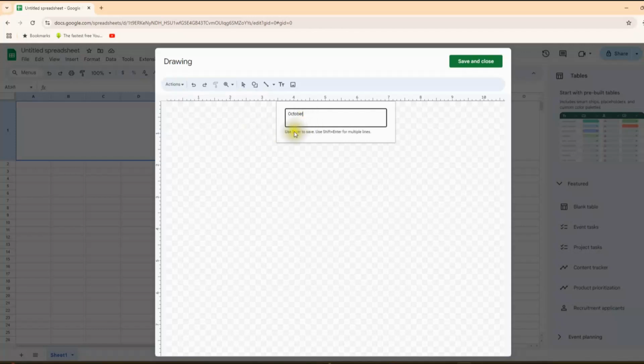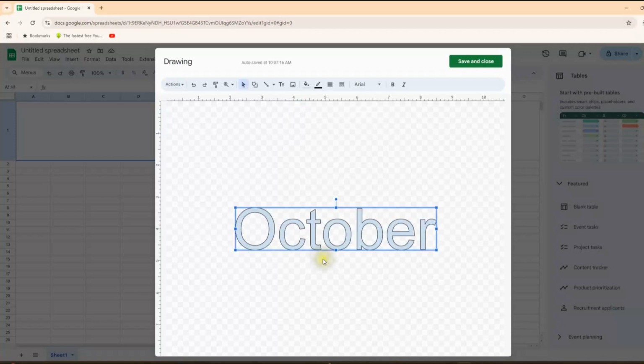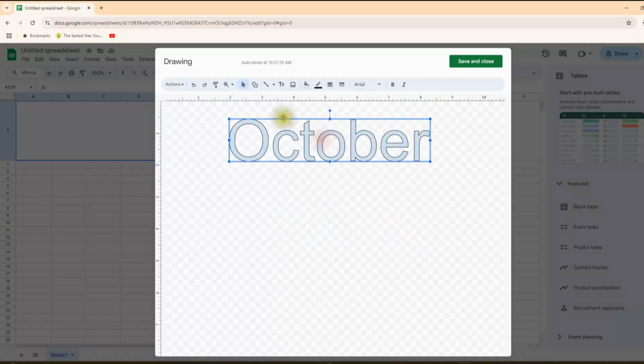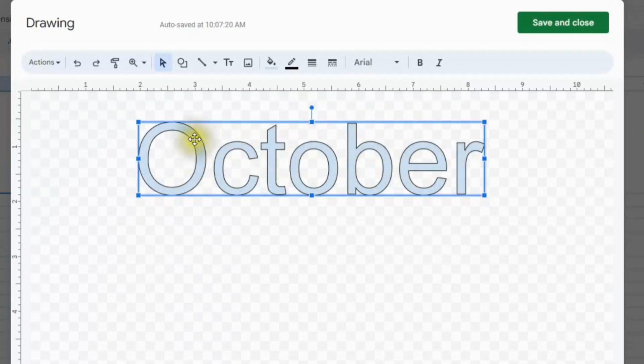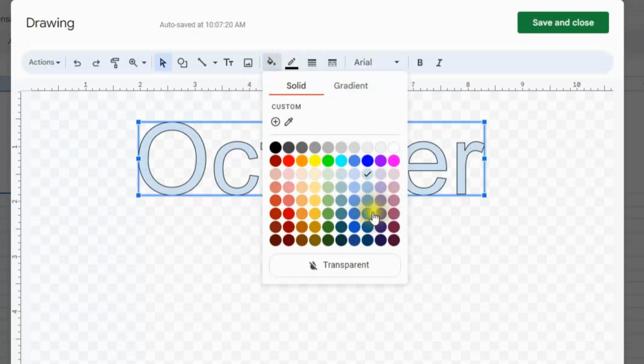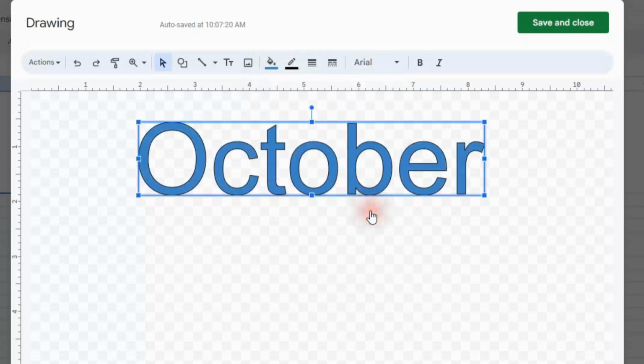Now if you needed to get down to the next line, you can use Shift Enter to include multiple lines in this cell. But if you're done with it, hit the Enter key once and it inserts it in. Now what we're going to do is we're going to go in and change some things in here. First off, we're going to change the color. So right here where it says Fill Color, you can click on there and I'm going to choose a darker blue. There we go.